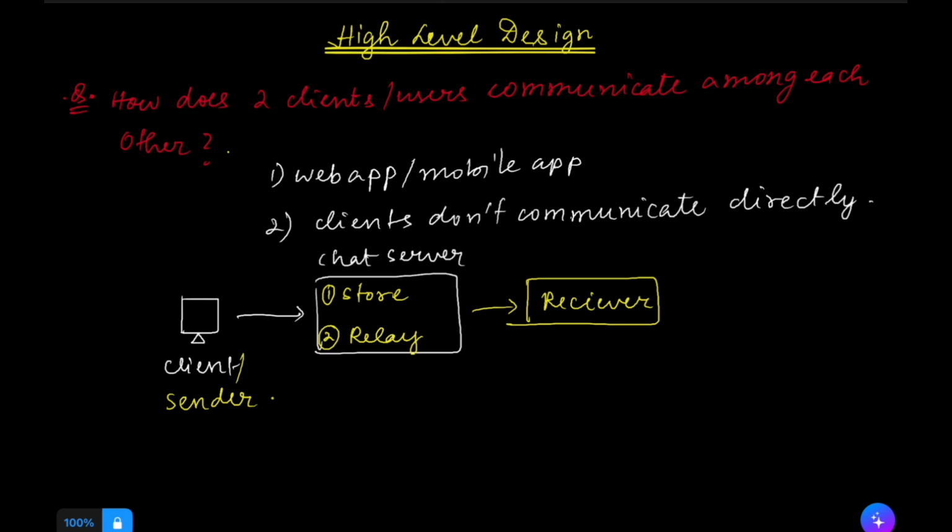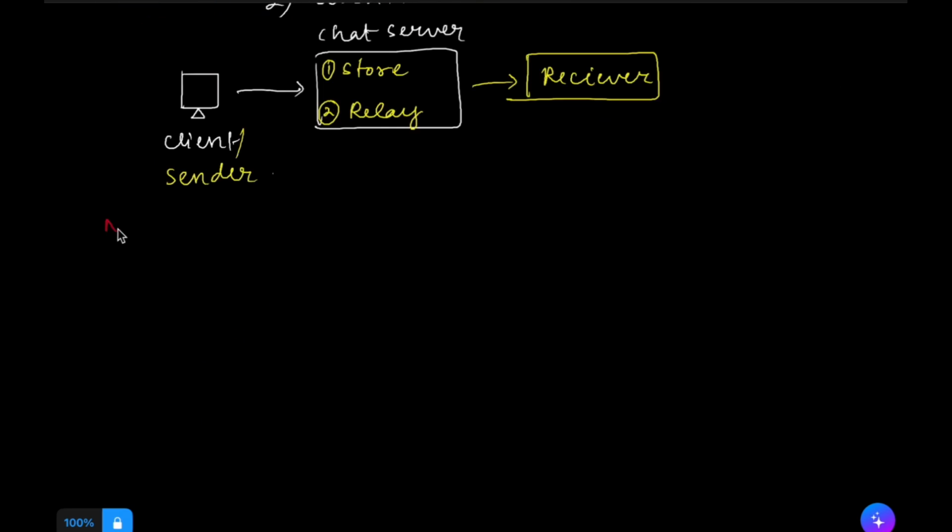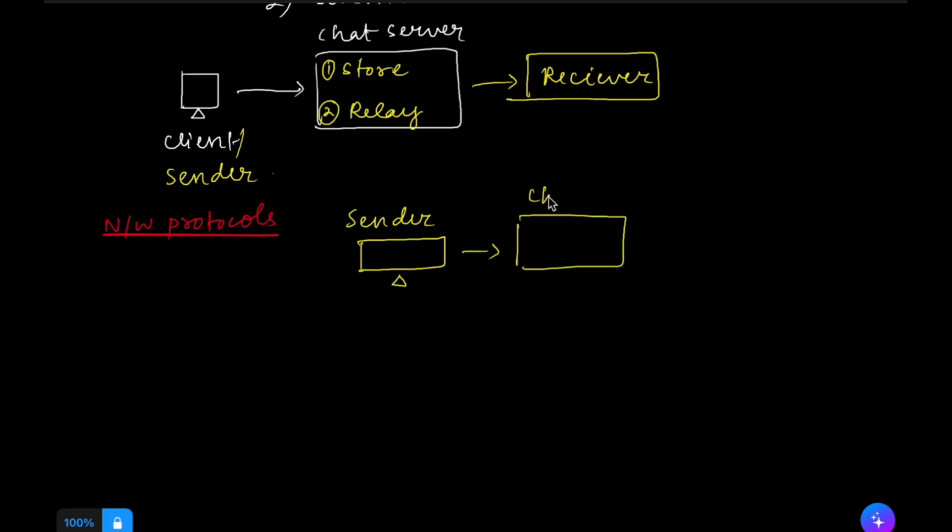Now let's look into a high level overview of the network protocols which the sender uses to communicate with the server and the receiver uses to communicate with the server. So let's look into the network protocols used for communication. For the sender to send a message to the chat server, it uses a HTTP or HTTPS protocol